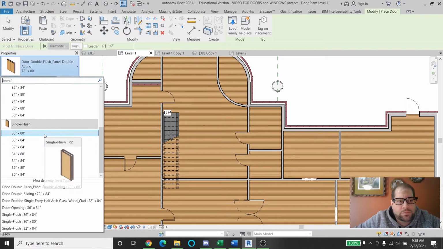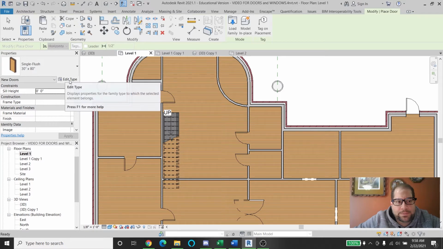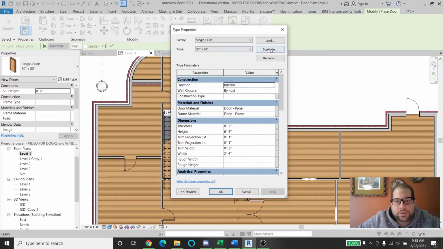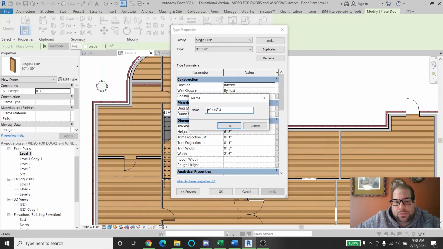And I'm going to pick this small one, but then I'm going to go to edit type. It's pretty good the way it is, but I'd like to make it a little shorter. So first, I'll duplicate the family type because I don't want to edit this. If I edit this particular door, that means everywhere I use it's going to change. So I'm going to duplicate this door, and I'm going to call it 24 by 80